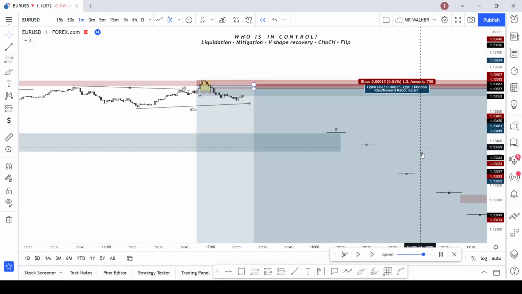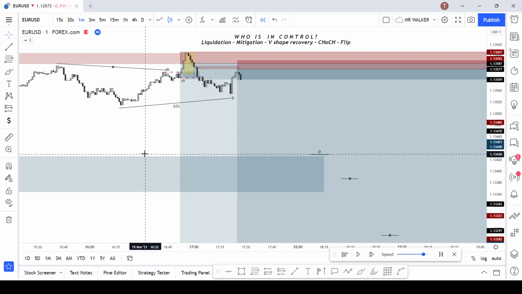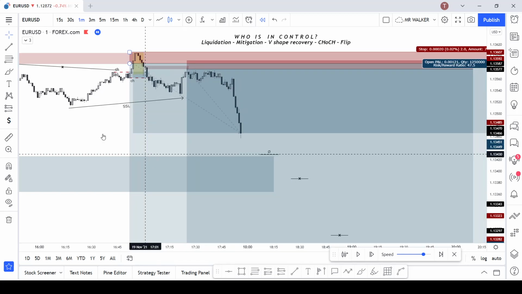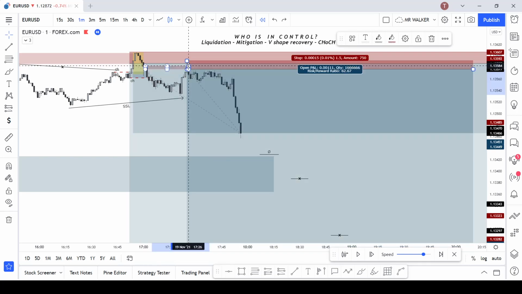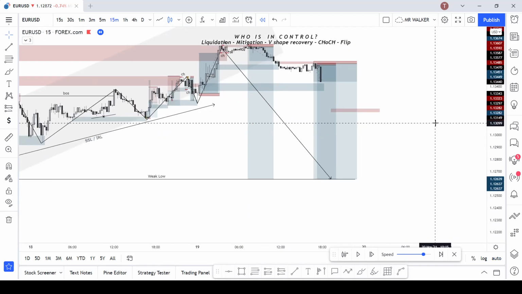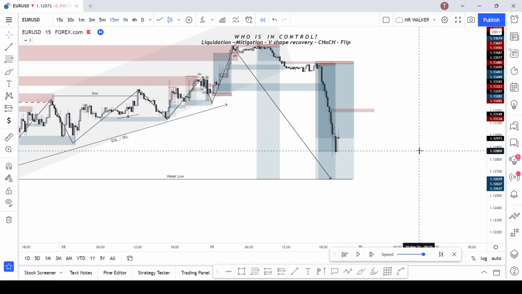Let's get back on 1 minute. So we get filled perfectly, and then the price starts ranging, and then it goes down. So in this case, you could have even gone for 1 pip stop loss, or even 0.7, which I don't really recommend, even though it looks cool, right? But it is really easy to get stopped out on 15 seconds time frame, okay? Because the price action is not really clear for everyone. So in this case, we now may as well go to 15-minute time frame and watch the price just melt. I mean, I know you saw that, but as you can see, the price melts,